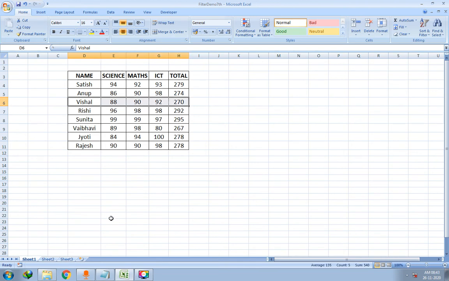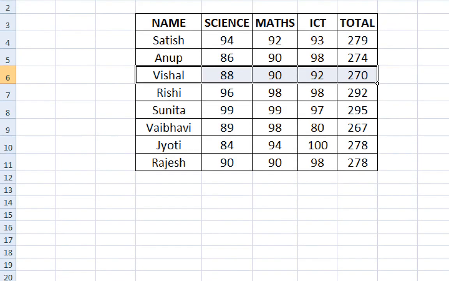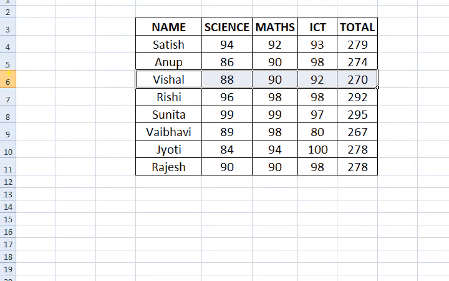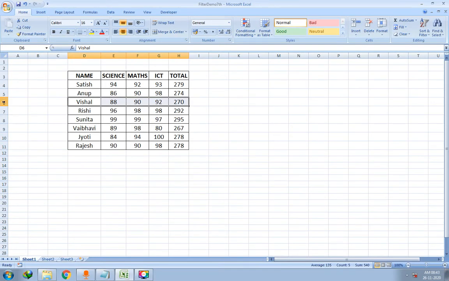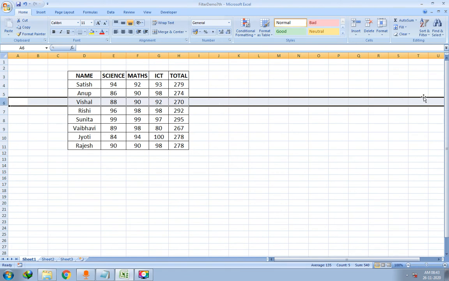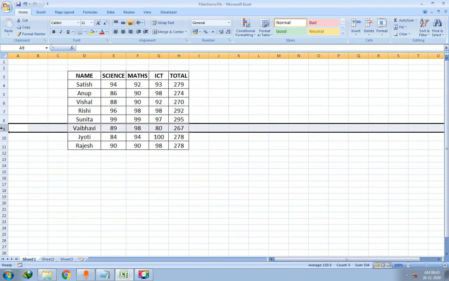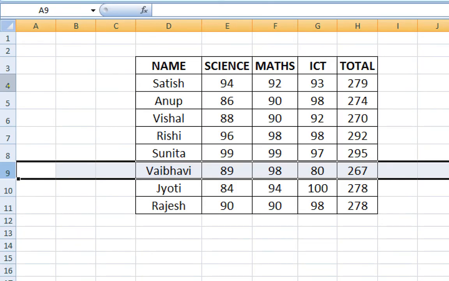Then what you have to do is simply check the row number. It is 6 in the Excel. So what you have to do, you have to click over here, right? Entire row will be selected. Again, if you want to select another one, select this. Okay, in that way you have to select the row. Simply click over here. Fine, these are the row numbers. These are present at the left side.